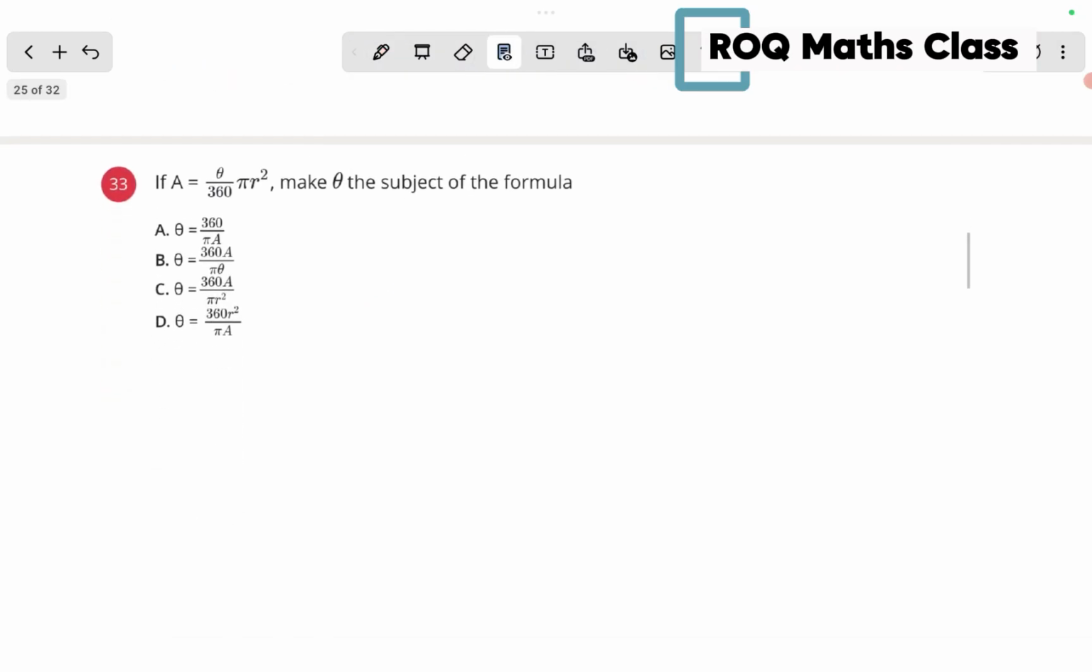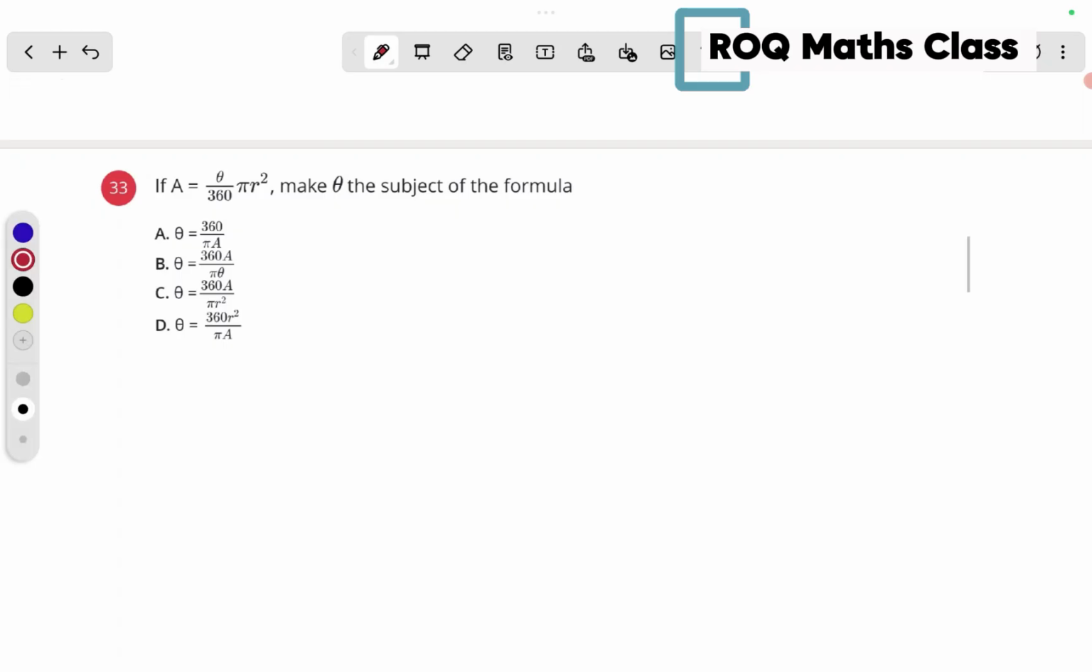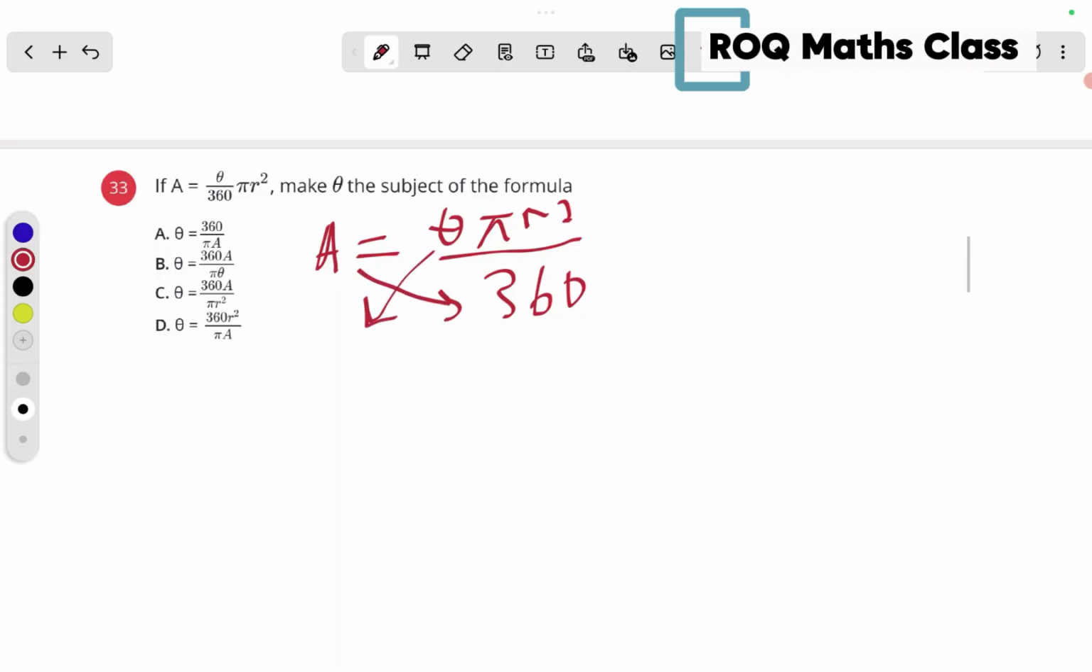Question 33. We have if A equals theta over 360 times pi r squared, make theta the subject of the formula. Good. We can write this as A equals theta pi r squared over 360. And we want to make theta the subject of the formula. First of all, we cross multiply. When we cross multiply, we are going to have theta pi r squared equals